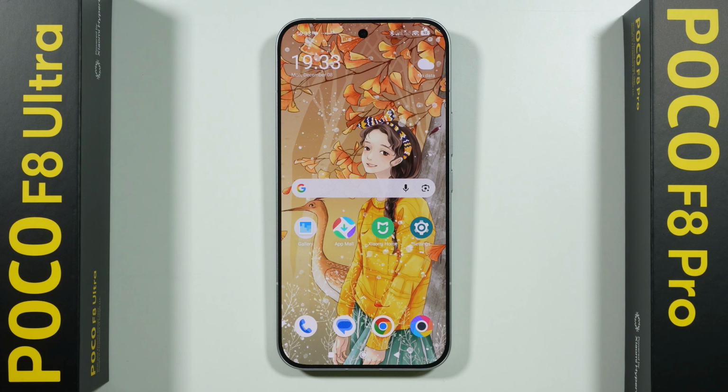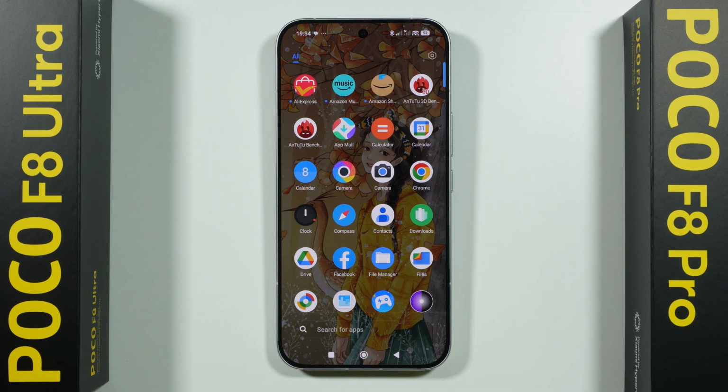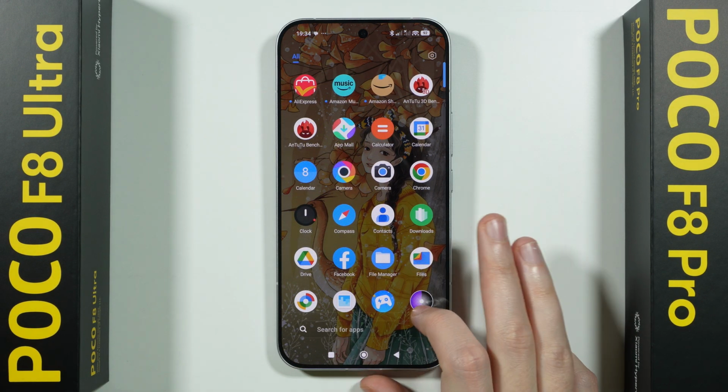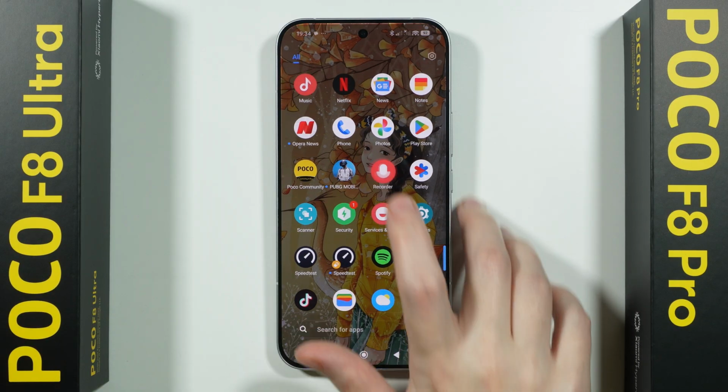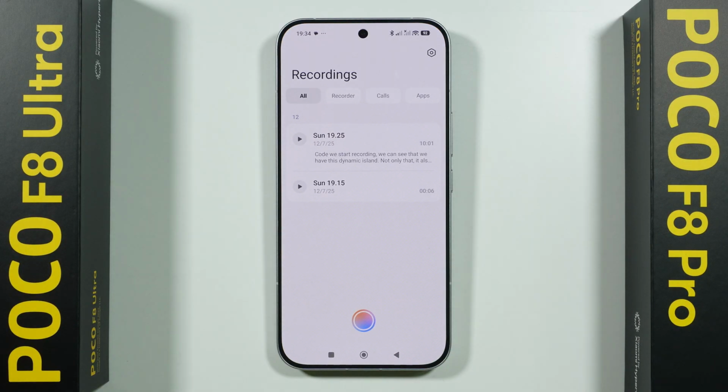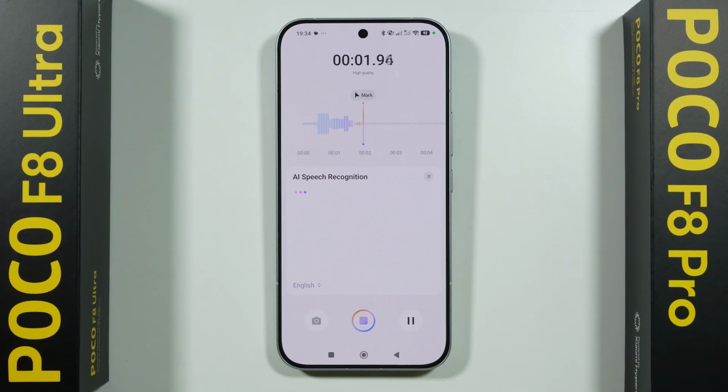If you want to record sounds on POCO F8 Pro or POCO F8 Ultra, what you have to do is go to the app drawer, and then over here in the app drawer, if you scroll down, you should be able to find the recorder, which we can of course use in order to record ourselves. So once you're ready, we can tap on this button at the bottom of this screen, and now we can